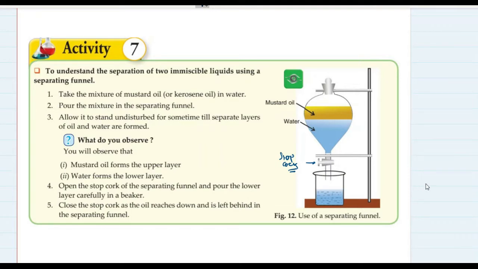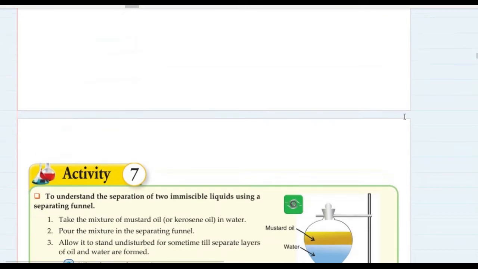You should keep the water separately, and then you can take an empty container and remove some of the last portion of that oil water mixture, just to be careful that you have separated all the water and only oil is left inside the separating funnel. And then you can understand that the oil and water are completely separate. The water is collected in a separate beaker, the oil is left behind in the separating funnel. So this is how you separate two immiscible liquids using a separating funnel.